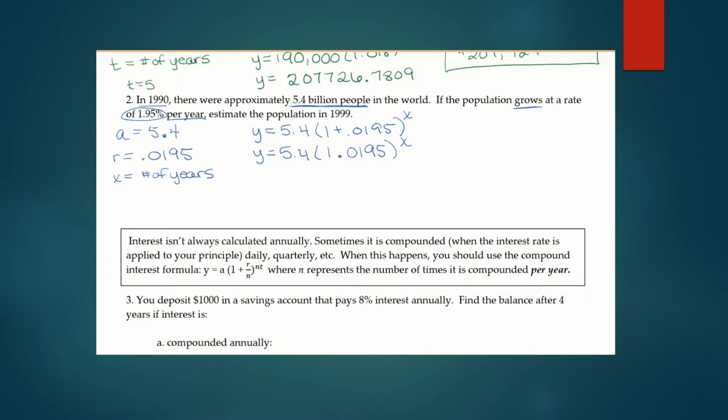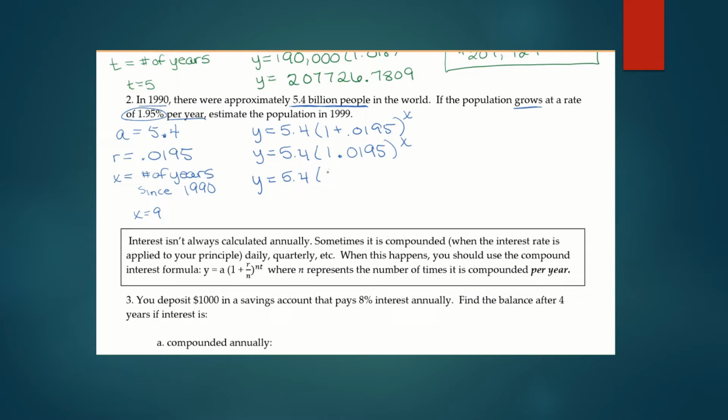Okay, now the question asks, estimate the population in 1999. All right, so our X value, and I should include number of years since 1990. I'm going to put that in there as well. So how many years past 1990 is 1999? Well, 9 years. So we're going to plug in an X value of 9,